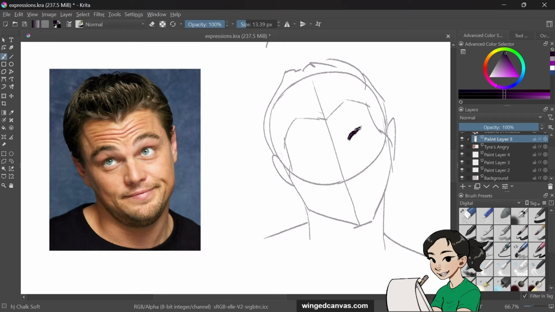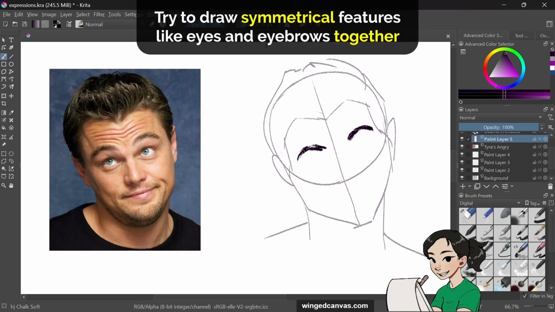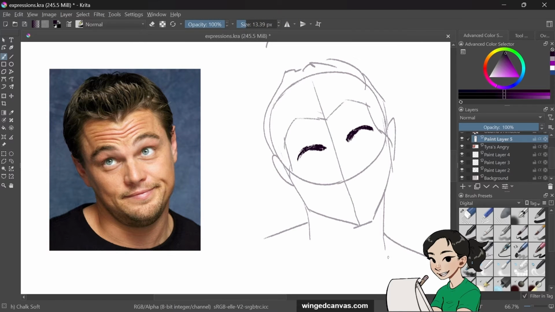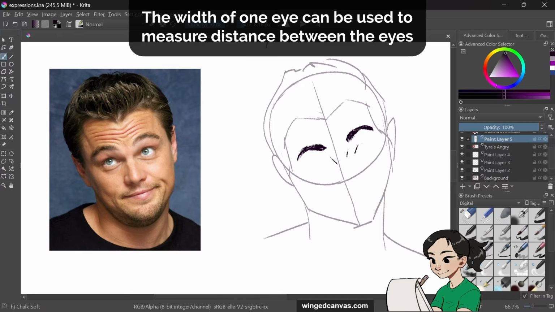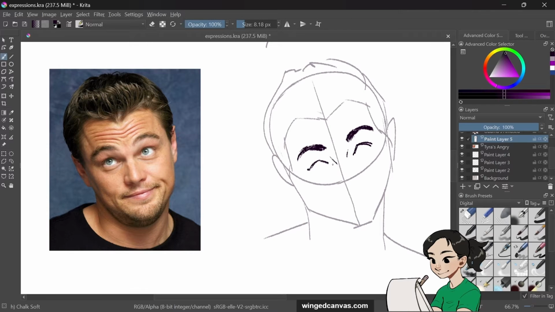Let's sketch out his eyebrows. Let's make them really exaggerated. Also, if you're drawing eyes or eyebrows, you want to draw them together. You never really want to draw one eyebrow and one eye and then not draw everything else. Your eyes are the same distance wide as they are apart. So if you took the distance of an eye and put it in between, that would be the